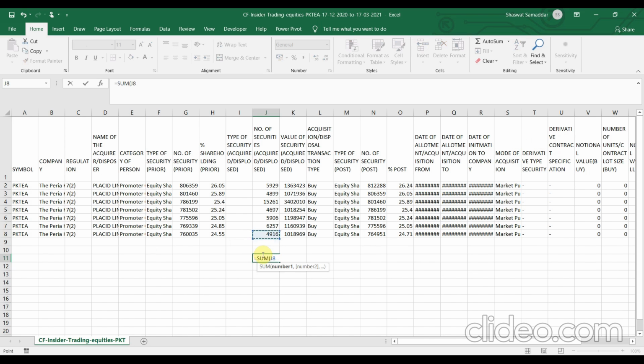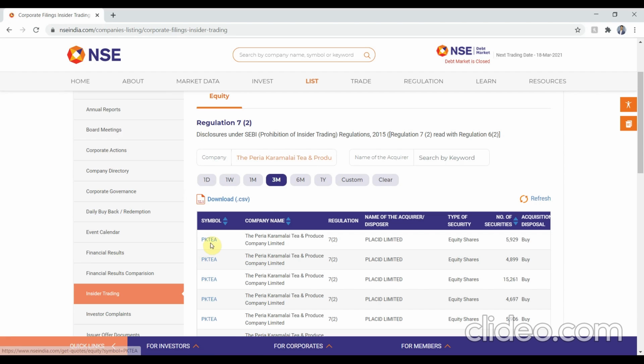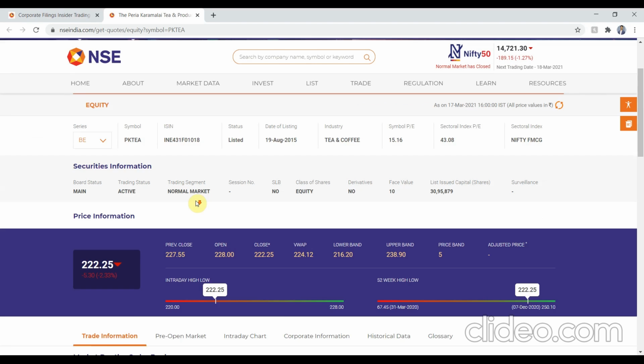Now the next process is to sum the total number of securities to reach the average price point at which the promoters made an entry, and divide the total value of security by the total number of securities. So it is coming to around 213.82 rupees. Let's check what price PKT is currently trading at.